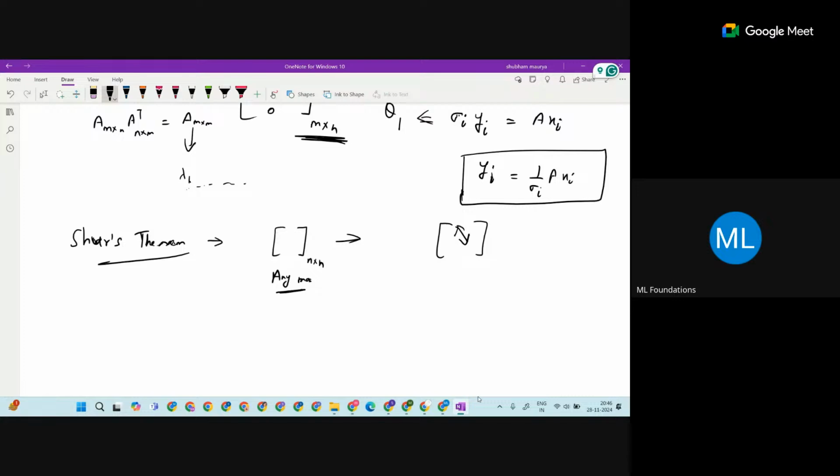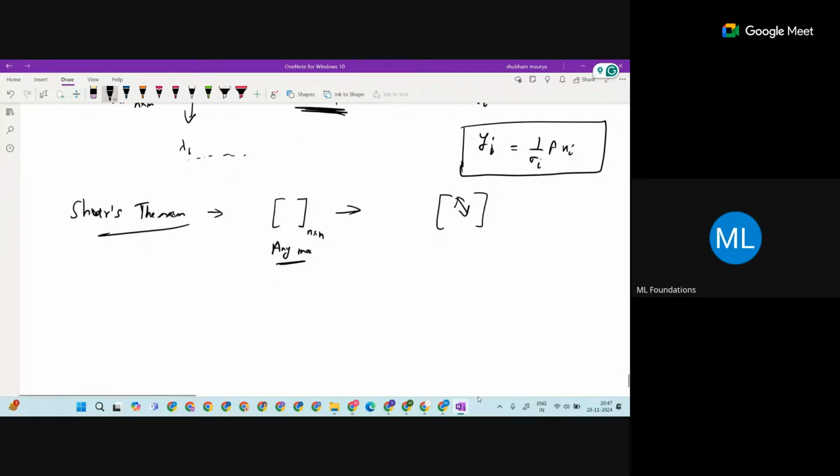And what is the procedure? A very similar procedure, with A transpose A and some things there. You can check what exactly the procedure is. But triangularization is for any matrix. We are not going to check first whether it can be written in upper triangular form or not. Just do the procedure, and the matrix is going to be converted into an upper triangular matrix.